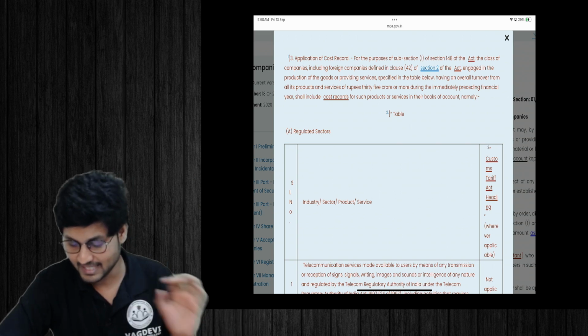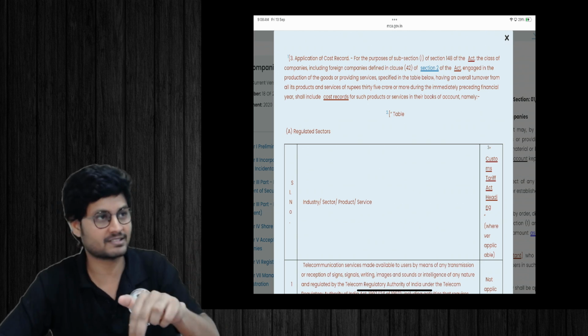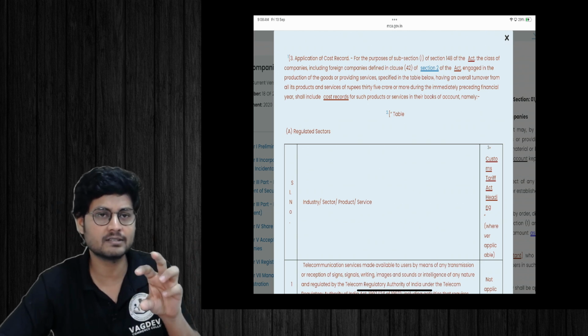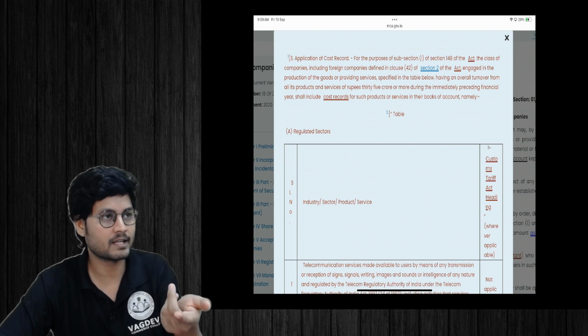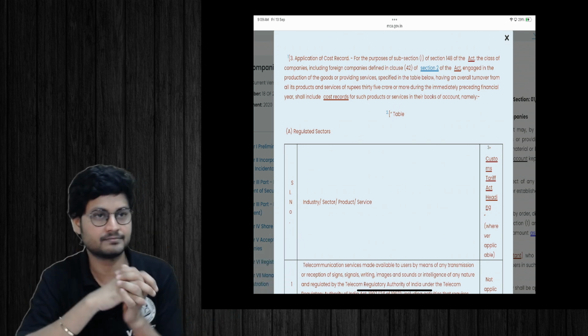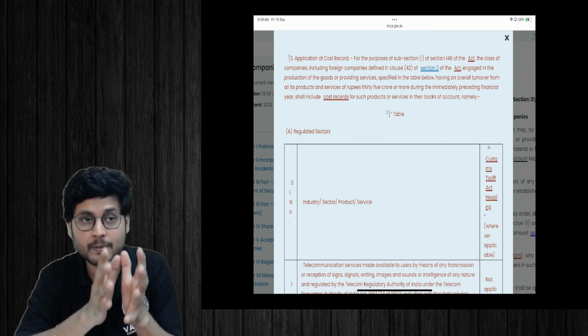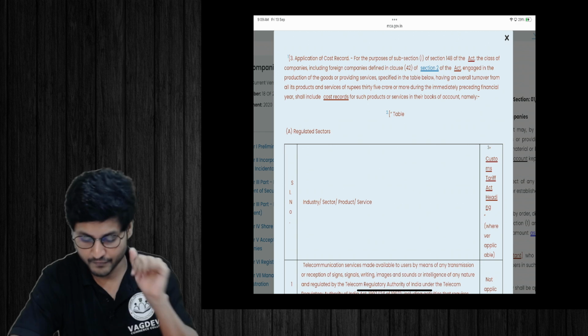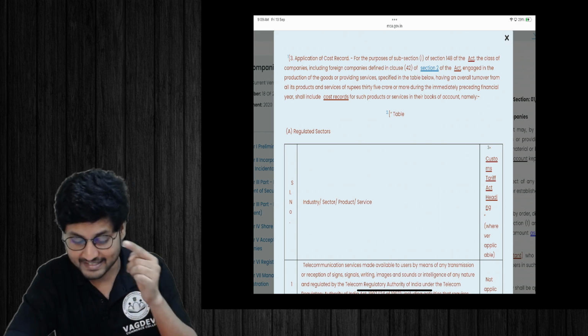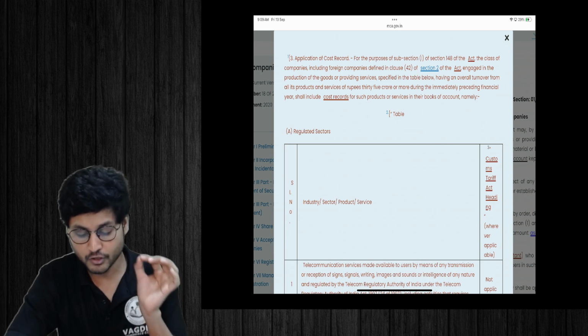Having an overall turnover of all its products. Turnover may include manufacture, trading, service. All the turnover may be added. In fact, it should be added. For the turnover purpose, everything must be added. However, the turnover exceeds 35 crores or more during the immediately preceding financial year, it shall include cost records